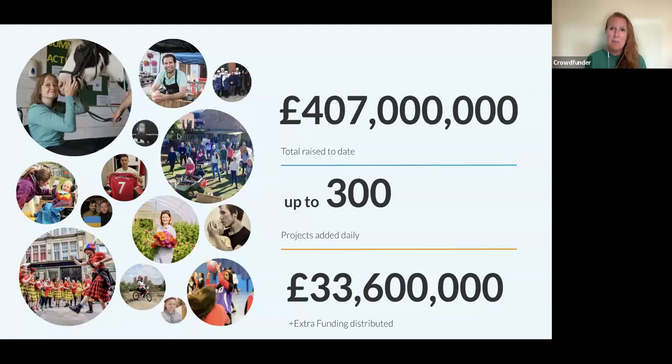But essentially, it's us partnering with different organisations, both nationally and regionally, to offer match funding to eligible projects. And throughout the time we've been doing this, we've managed to help distribute more than £33.5 million to eligible projects as well. And it can be a really great way to boost your fundraising. So if you have a fundraising need and you're eligible for one of these pots of money, always put in an application via your crowdfunding page, because you never know, you could be receiving a really great boost towards your